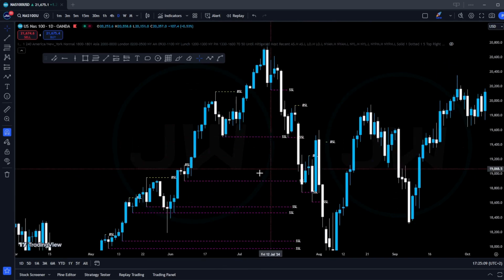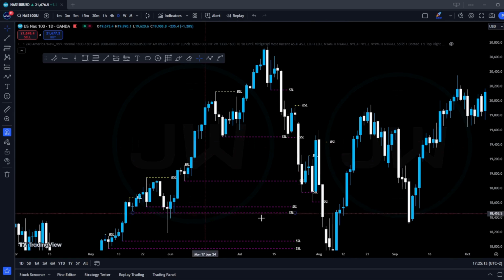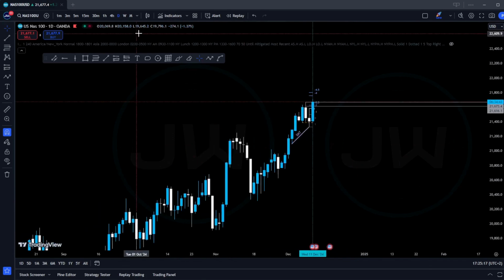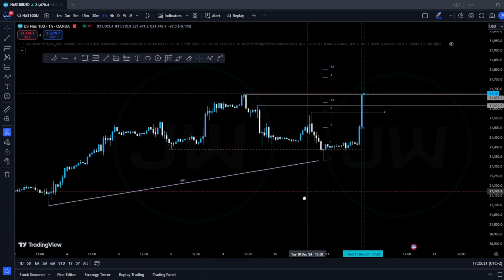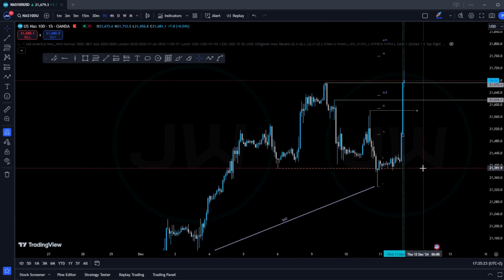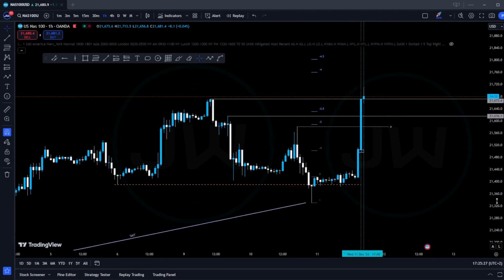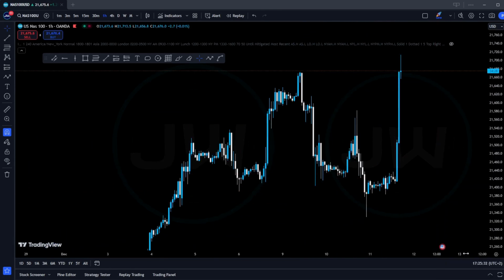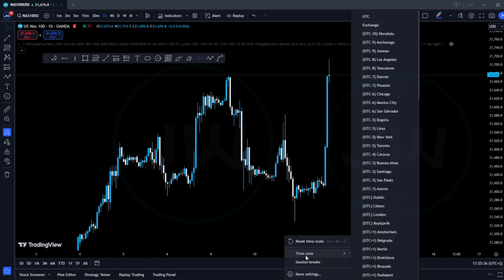And that is essentially what buy side and sell side liquidity is. And I can show you in actually today's example. I want to show you today. I didn't manage to get an entry today, but I used the same logic of buy side and sell side liquidity. If I remove these drawings, this was